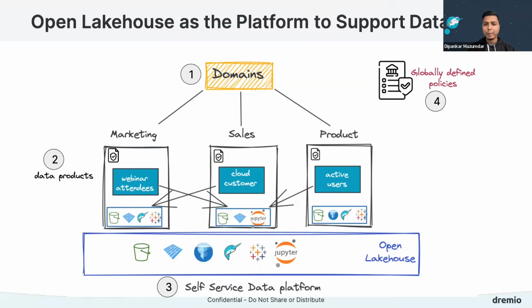So now that we have implemented all the 4 pillars of data mesh that we see, with the domains that we distributed, a self-service data platform, and we create data products, right? That's the main goal. So each domain now can create their own data products and make them interoperable.